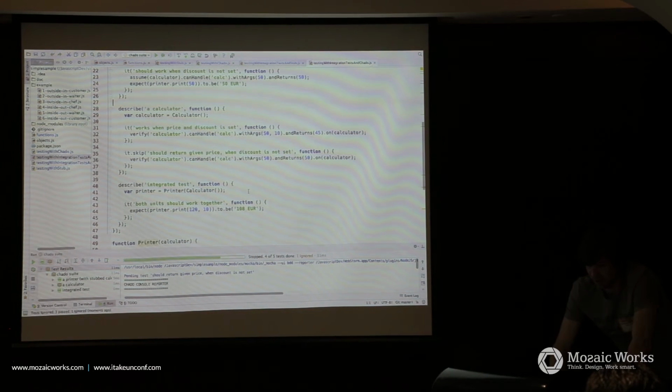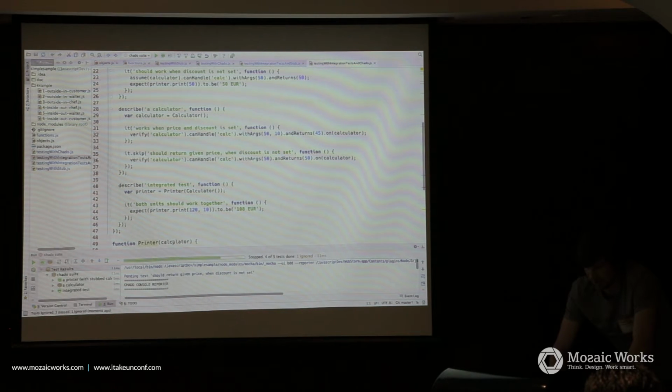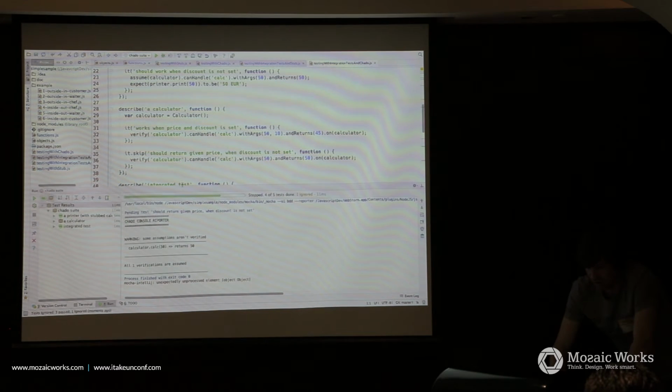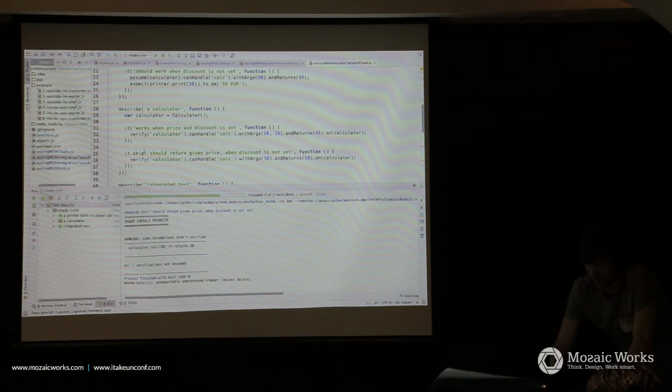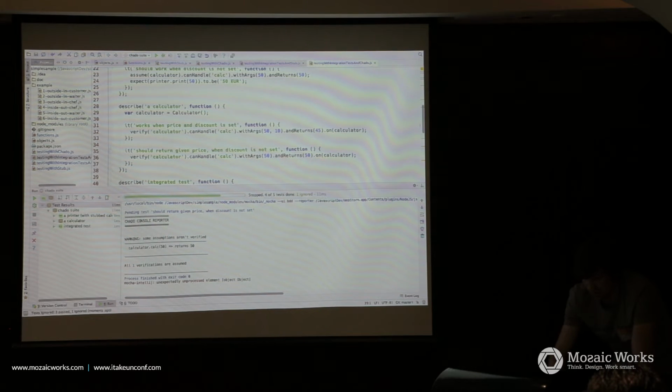Then we have our integrated test, and we have 1 test for the calculator, which verifies the assumption. And we know 1 assumption wasn't verified. That is because we have skipped this test. We should write that too, or run that test too.